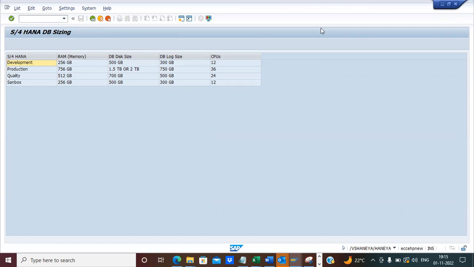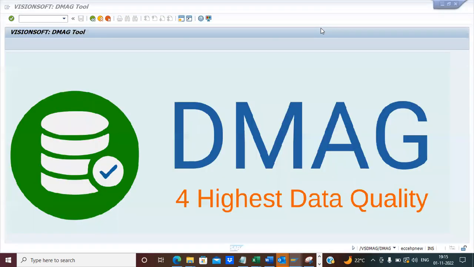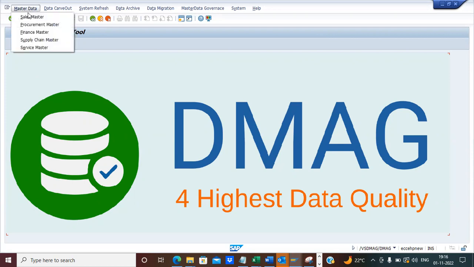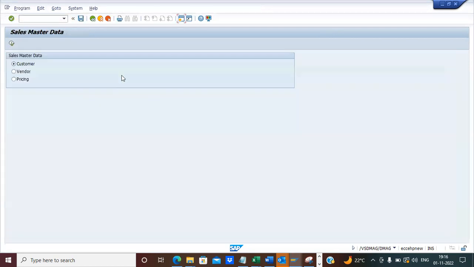Okay, so that covers the assessment. The assessment report comprises about 50 to 60 pages for all these areas, and those reports will be used to review and approve by the business stakeholders, and that becomes a baseline for the remediation, upgrade, and migration. Now we'll show you how the cleansing works for the data,